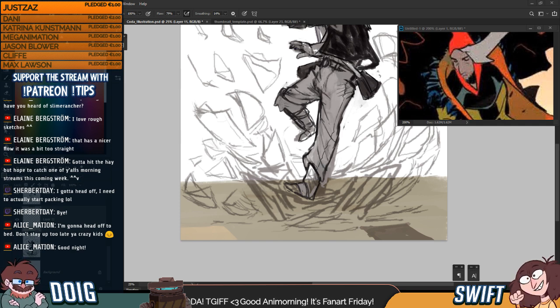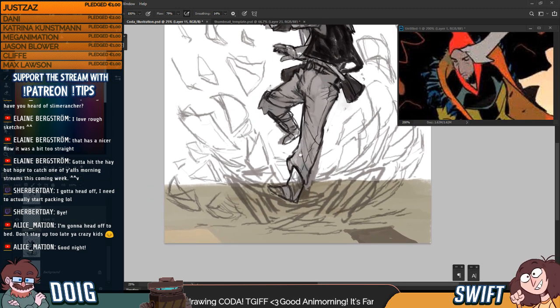Maybe this is the kind of thing where I could just photograph it myself. Yeah, I think that's what I'll do. I'll just get a whole bunch of paper and then photograph that and then lay that as a texture. So I won't bother painting that just now. I'll focus on...